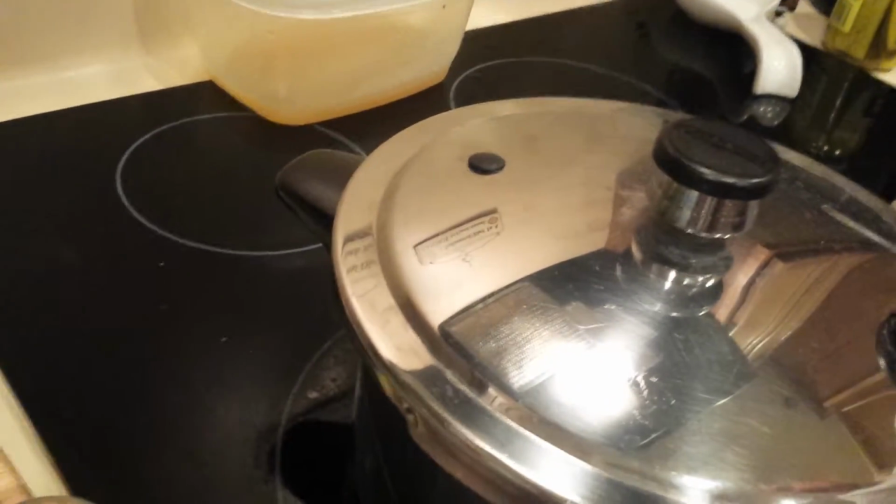So it says the cook time for the potatoes in a pressure cooker, under pressure, potatoes of that size, which are about 1.5 inches in diameter, is 8 to 10 minutes. So right now we've got some boiling. We'll let it come up to pressure. We know it's up to pressure as soon as the rocker arm starts going. You hear that. At that point, that's when you start your timer. We're going to let it go for 8 minutes, and then we'll take it over to the sink, release the pressure with a little cold water, and